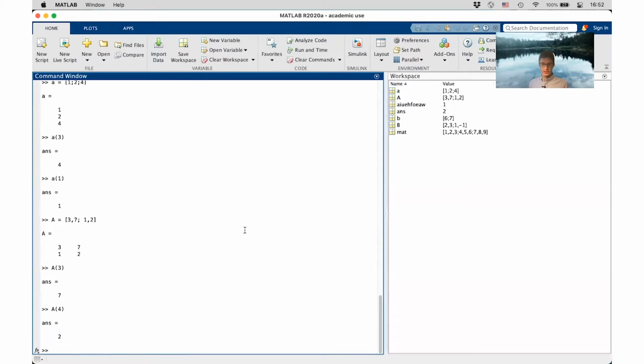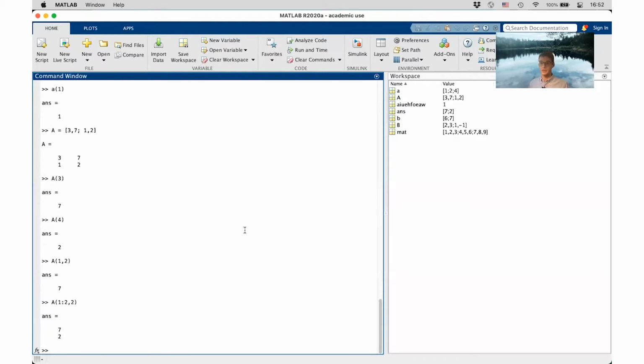If you want to access a specific element of the matrix using both its rows and its columns, it goes like this. So A(1, 2) gives me the element in the first row and the second column. You can also, this is more complicated, select submatrices using, for example, vectors as accessors in the brackets. For example, here I want to access the first and the second row and the second column,